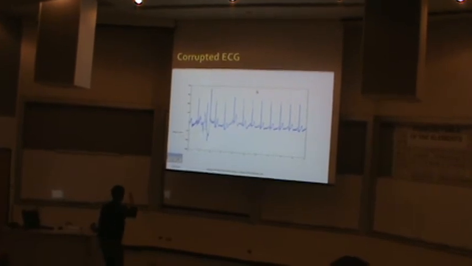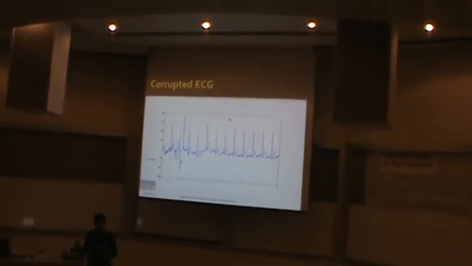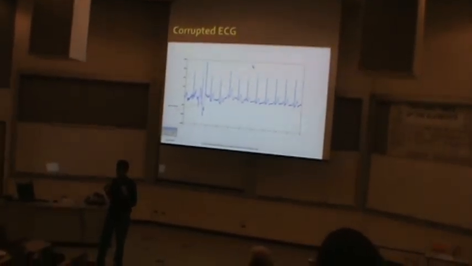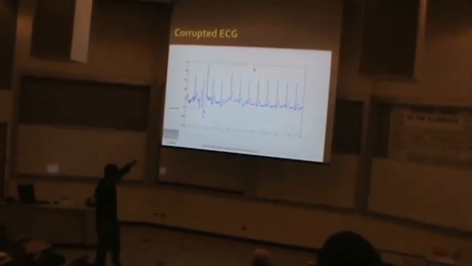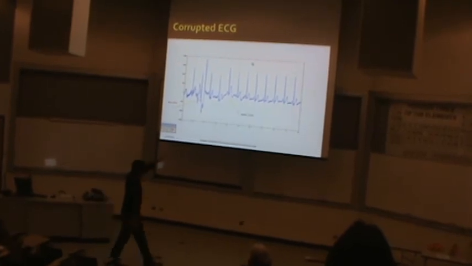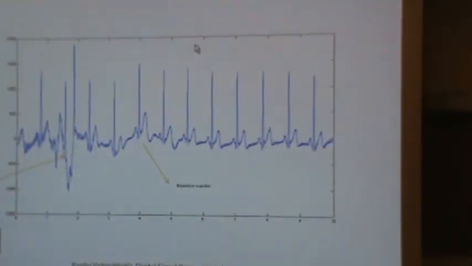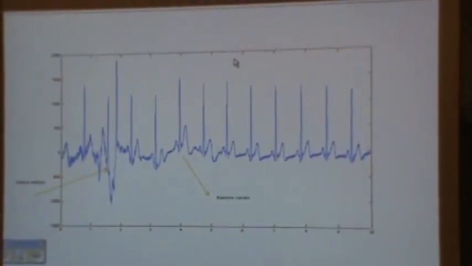The first one, motion artifact. Can you see this distortion? This was done when I was sitting in front of the computer and I just moved my torso. A small movement of my torso caused that. Now this is called baseline wander. Can you see that curve kind of thing there? That is called baseline wander, and it comes when you're breathing heavily.